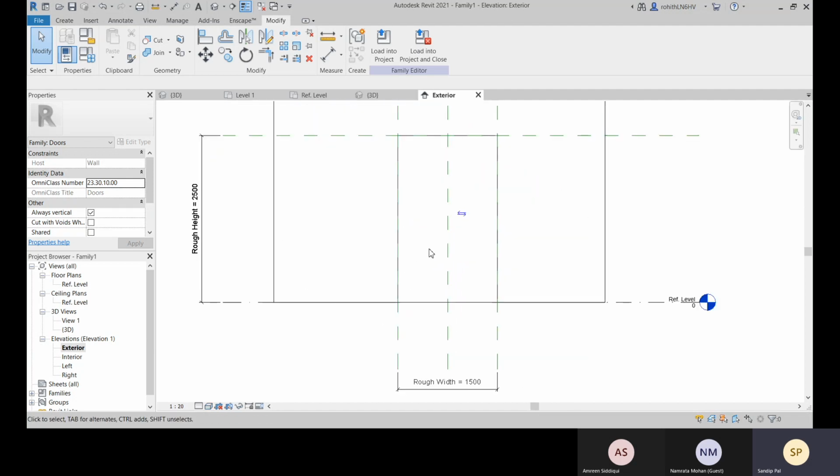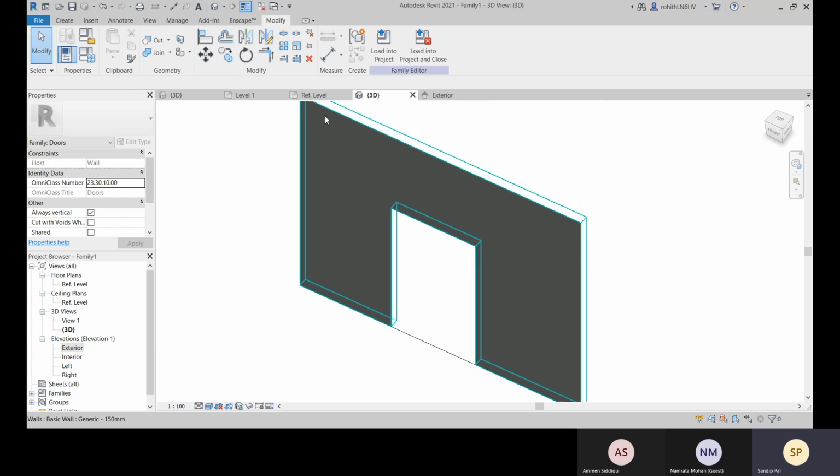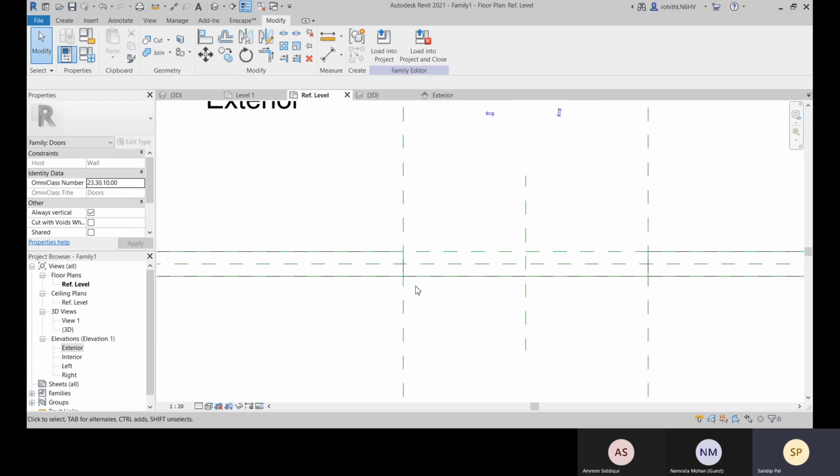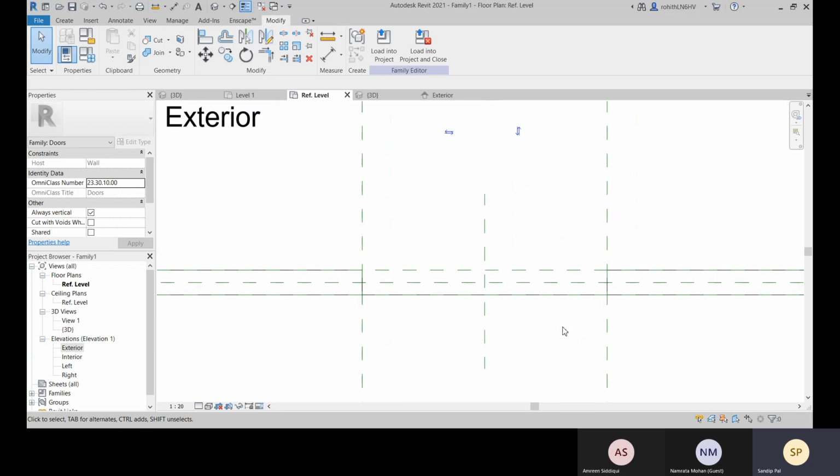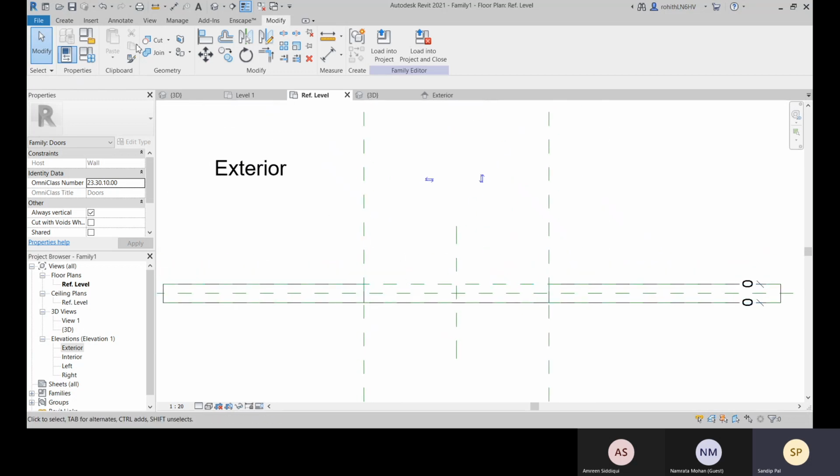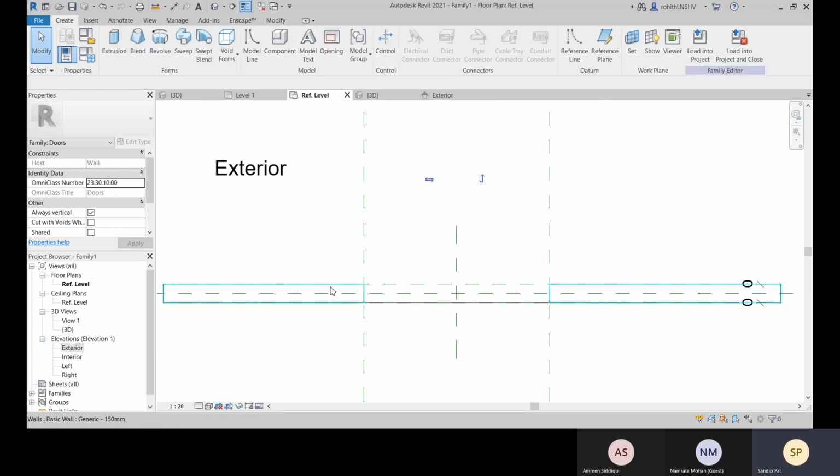Now what we will do is we will create our casing and our panel and our door jamb. So how can we create one single profile for our casing? For that we will go with this sweep option.